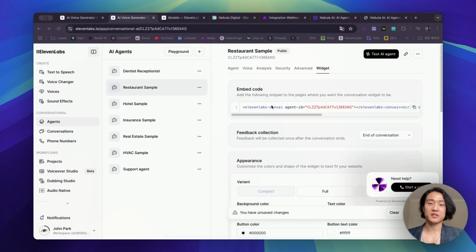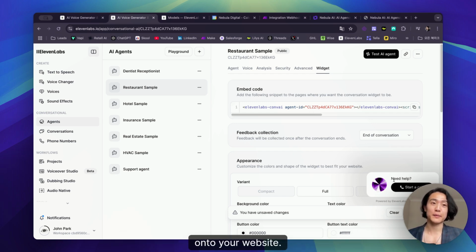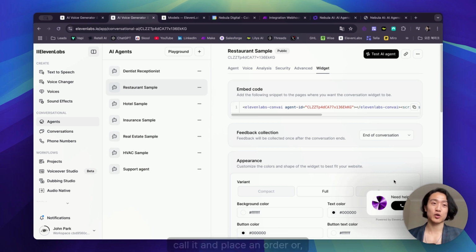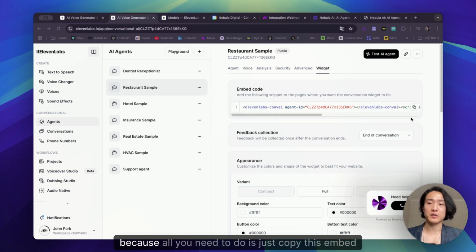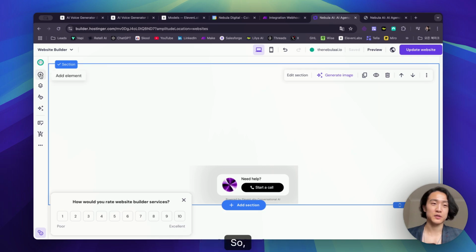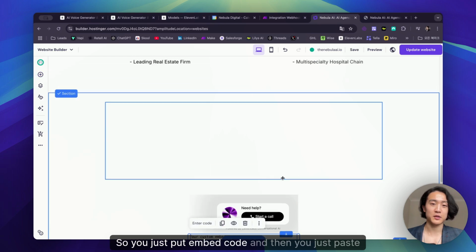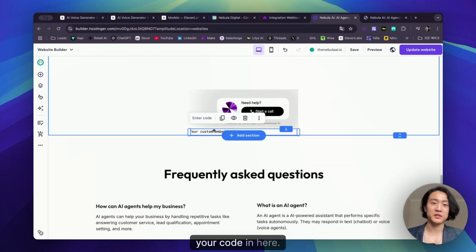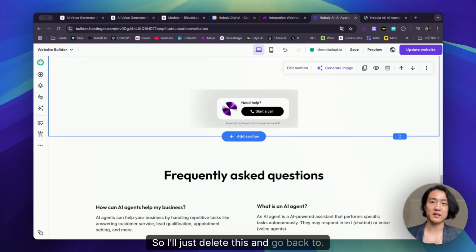So we are now at the widget. So you just copy this embed code, and then you put it onto your website to put this agent onto your website, so visitors can just call it and place an order or make a reservation immediately there without picking up the phone. And it's quite simple really, because all you need to do is just copy this embed code, and then you just put it onto your website. So yeah, if you go here, well, this is the case of Hostinger. So you just put embed code, and then you just paste your code in here, and I've already done that, which is why you can see this here. So I'll just delete this and go back to